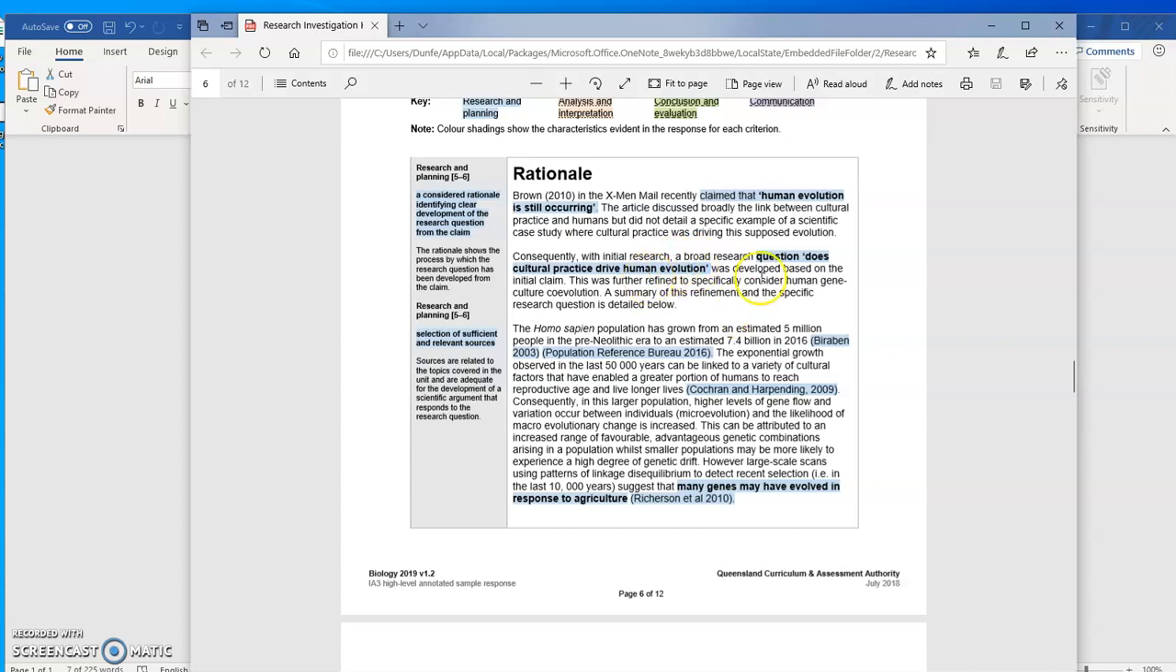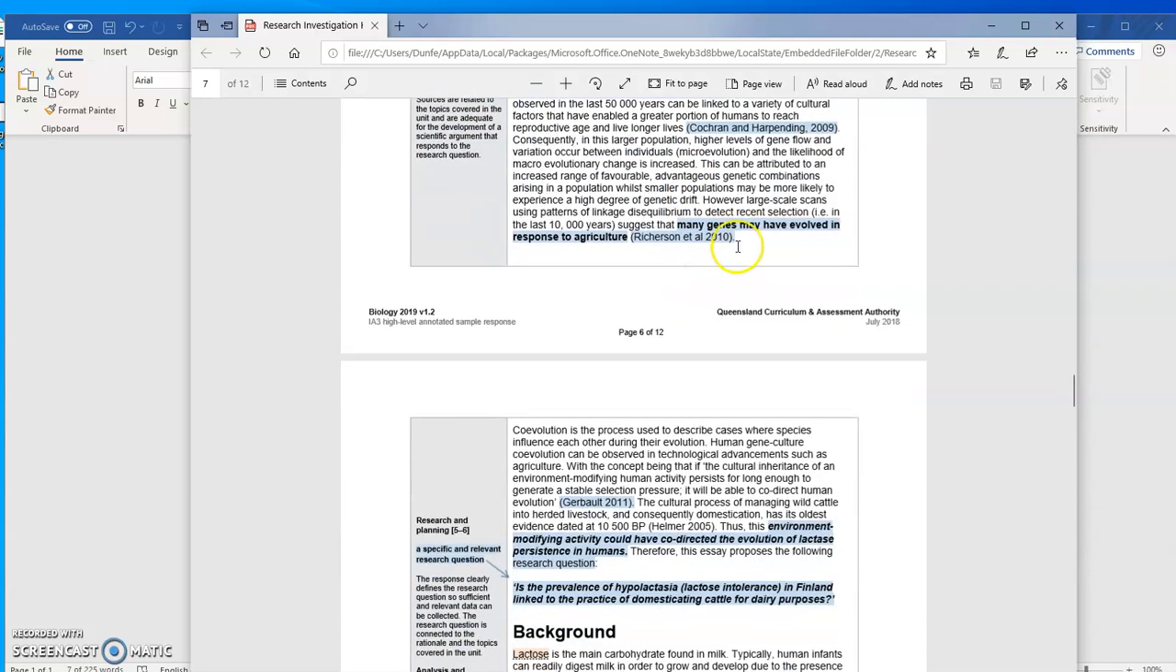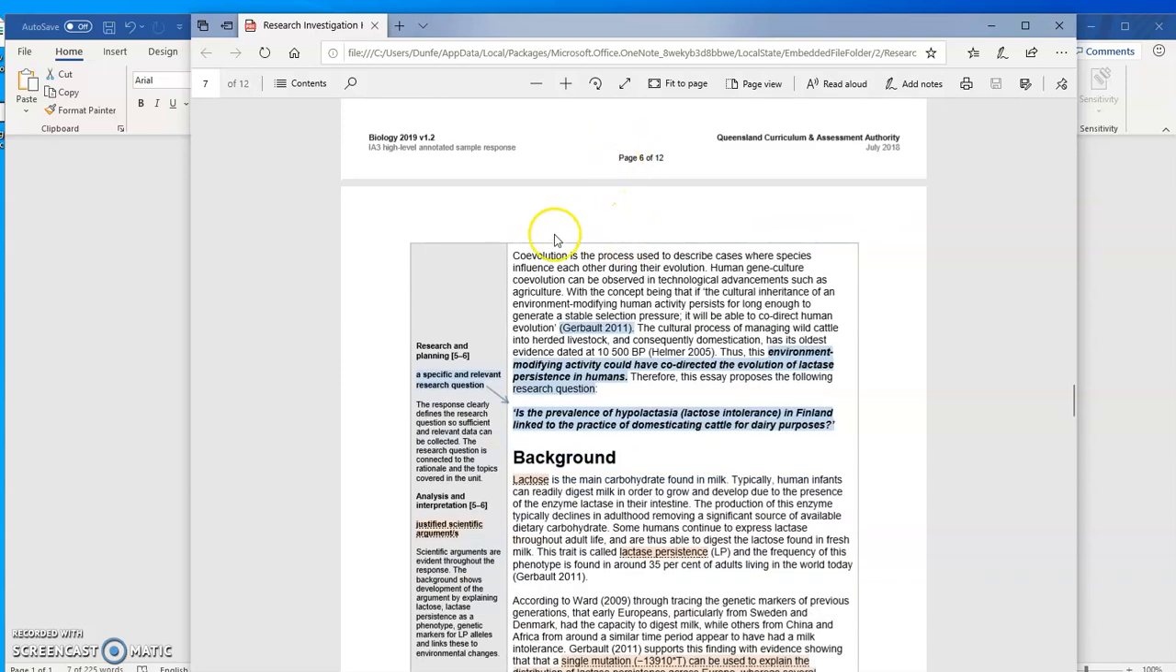But then they've done even more information on this, obviously broken down and chucked into Google Scholar, looked at different types of cultural practices and what they actually are, and the effect that has on human evolution. And they've then found some information that suggested many genes may have evolved in response to agriculture. They've gone, okay, we can use this information. They keep building down on it. They've also found that this environment-modifying activity could have co-directed the evolution of lactase persistence in humans. I'm going, that's a very interesting